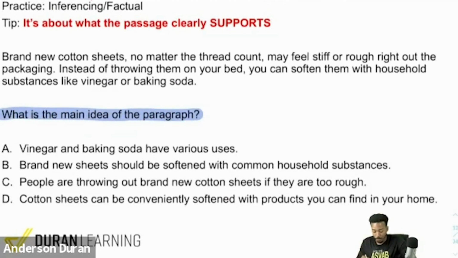All right, cool. So let's go ahead, read the passage, because the thing is with inferencing factual questions, if the answer choices were short enough, yeah, read the choices first. But notice here, the answer choices are all one sentence long, pretty long. Don't worry about going through all of them. Just read the passage. So let's go ahead and start there. We're looking for the main idea. Here we go. Brand new cotton sheets, no matter the thread count, may feel stiff or rough right out of the packaging. Instead of throwing them on your bed, you can soften them with household substances like vinegar or baking